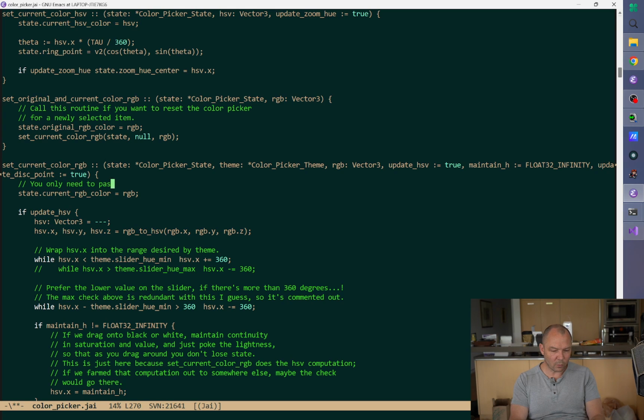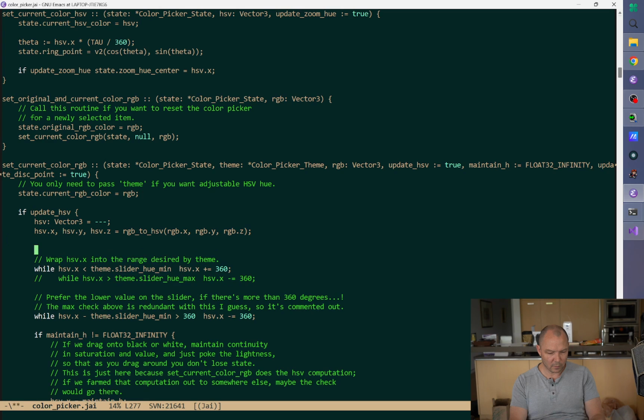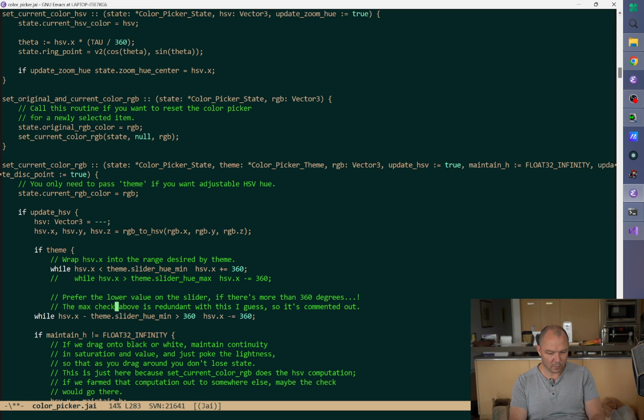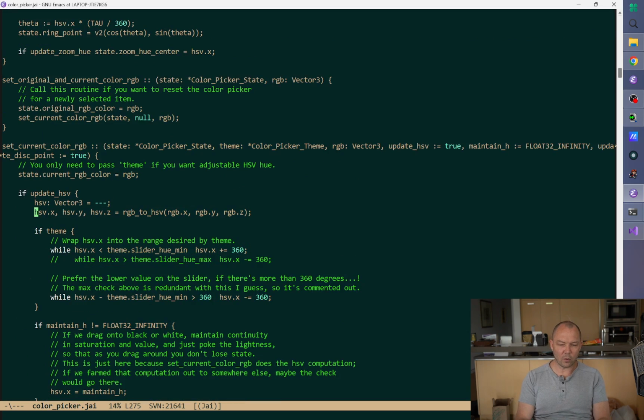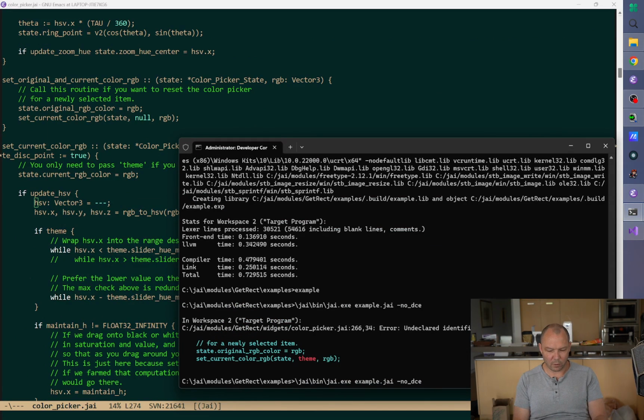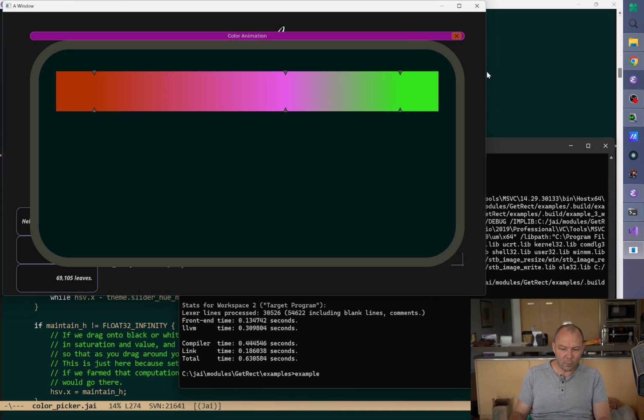You only need to pass theme if you want adjustable HSV hue. Yeah, good. So now you can call this without a theme if you want. Okay, so